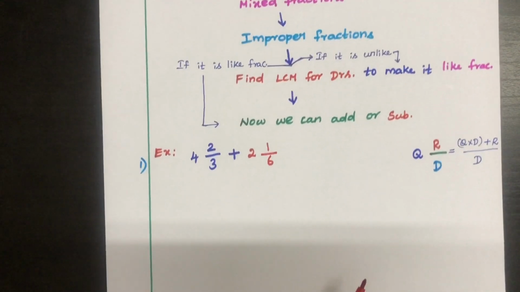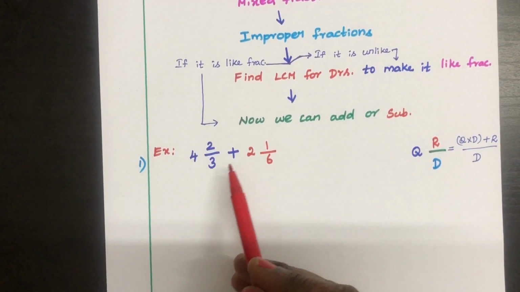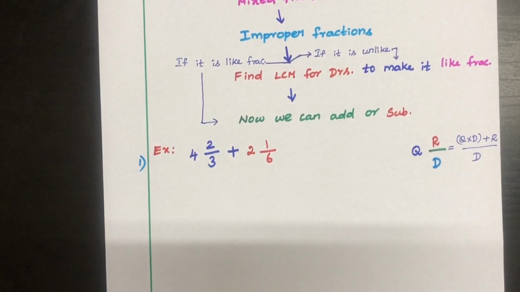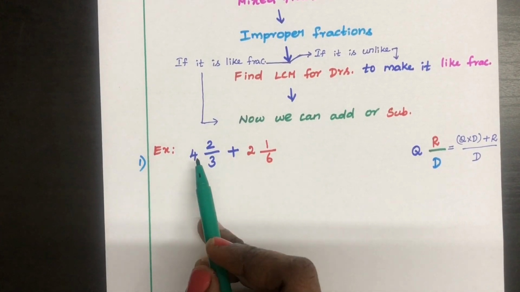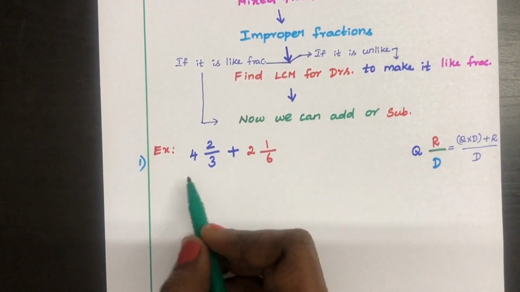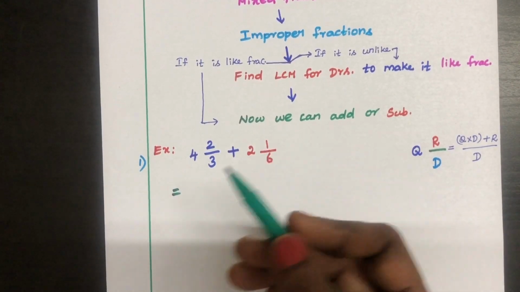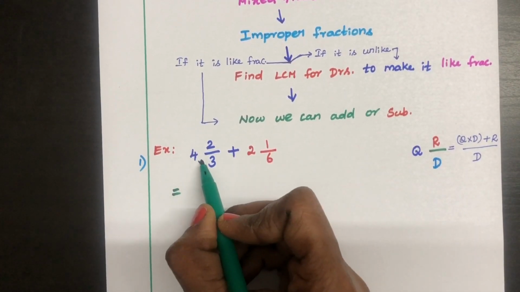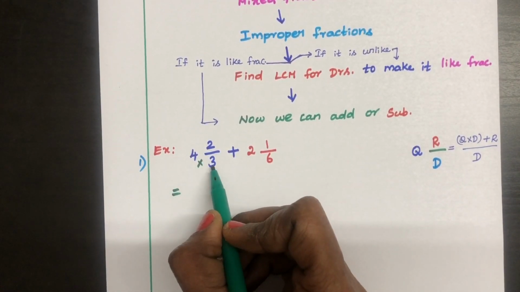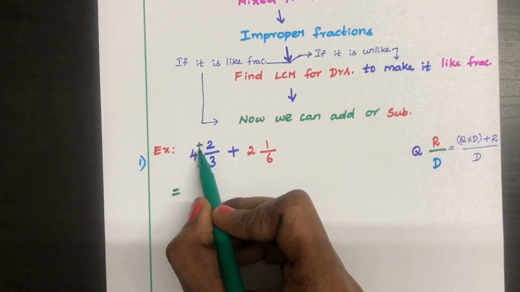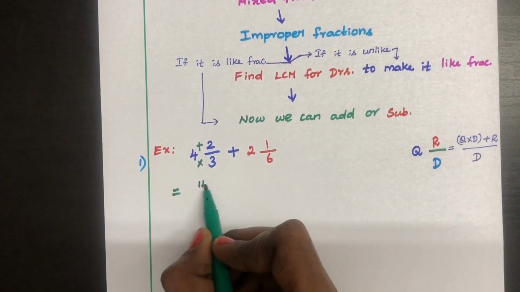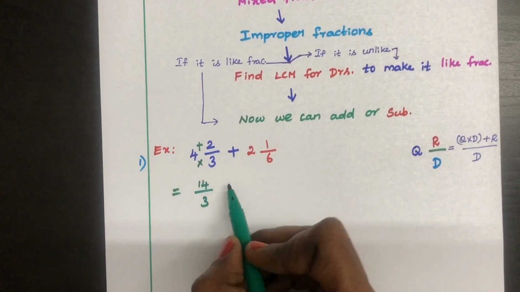See here. Example: 4 2 by 3 plus 2 1 by 6. We are going to add this. So this is in the form of mixed fractions. How to do this? 4 2 by 3. Make this into an improper fraction. 4 into 3 is 12. 4 3s are 12. 12 plus 2 gives us 14. 14 divided by 3 plus